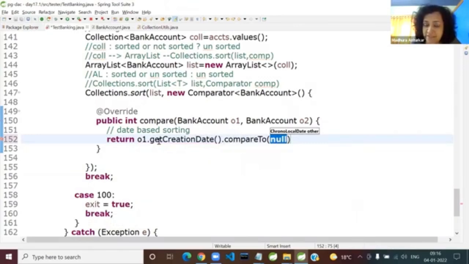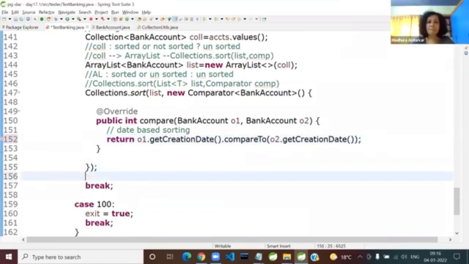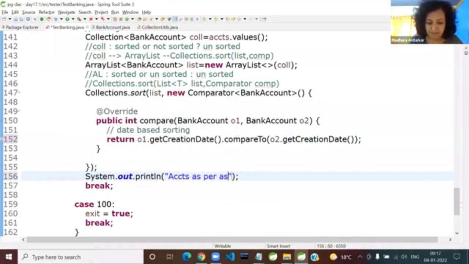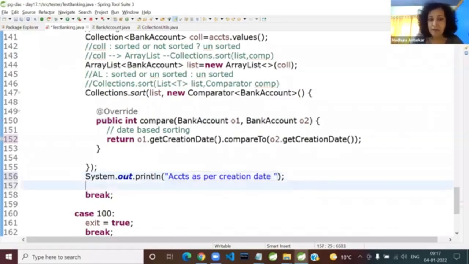We had done all of this in the list, and today I'm just showing you the whole thing converted back into a list and working. o2.getCreationDate. And once you have done this, then you just print it. So you can have a header, accounts as per creation date. And when I don't mention ascending or descending, the default order is ascending. So here, is ArrayList iterable? Yes. So I can just display it directly using a for each loop, BankAccount a1 in